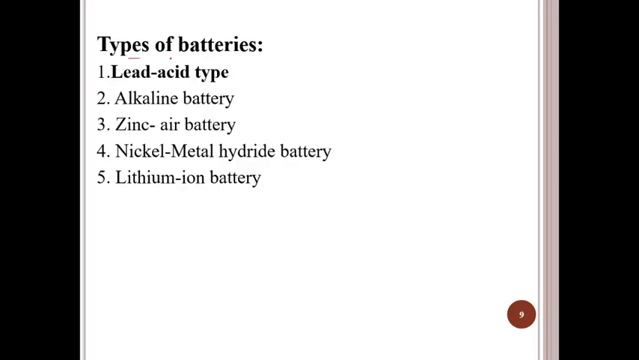So what are the types of batteries? We have the first, lead acid battery, second, alkaline battery, third, zinc air battery, fourth, nickel metal hydride battery, and fifth, lithium ion battery. So these are the overall classification of the various batteries, guys. Then after that, if you observe here,